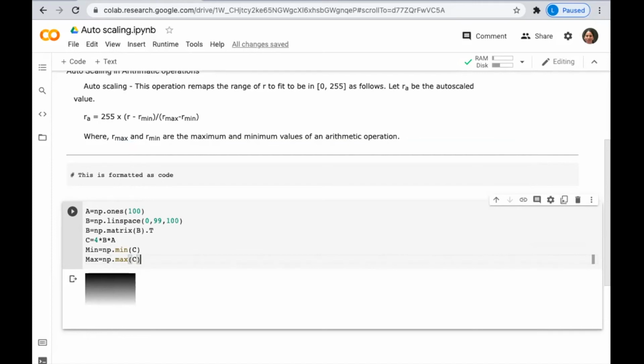So you want NumPy when you are working with 2D arrays. If you are having only a one-dimensional matrix, only one row, then you can even go with only minimum and only maximum.